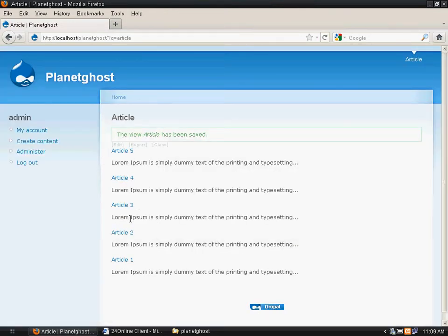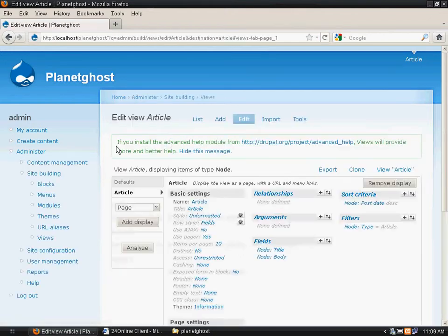You'll see article 5, 4, 3, 2, 1 appearing on the site as it was posted. Make sure you just keep one sort criteria. It depends, you can also keep 2. It will take the priority. If you want the updated one to show on top, it will take the updated priority first and then it will take the post priority. I've just kept post date now, so it is just showing post.